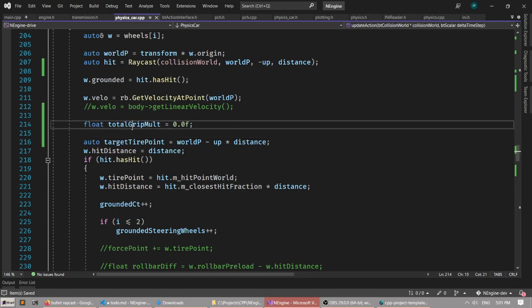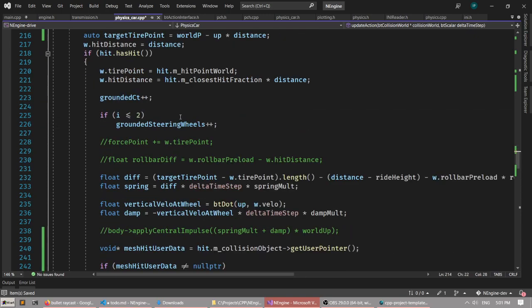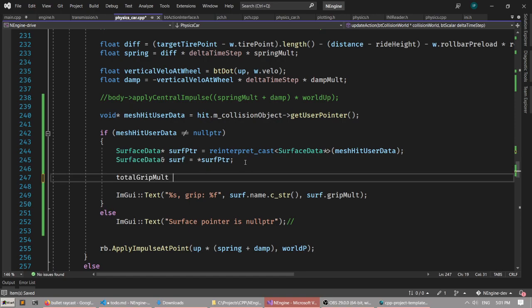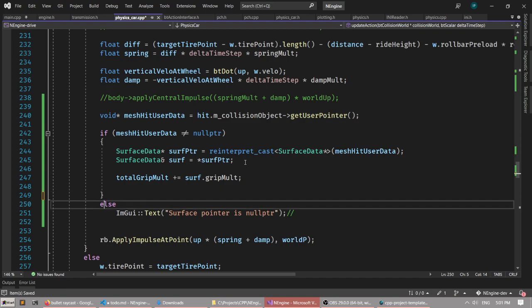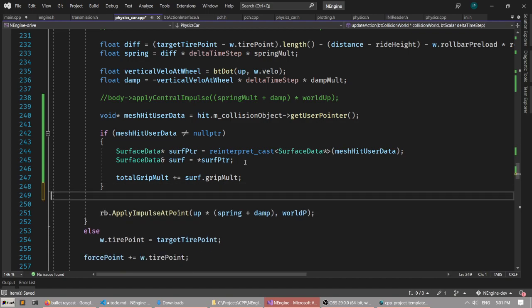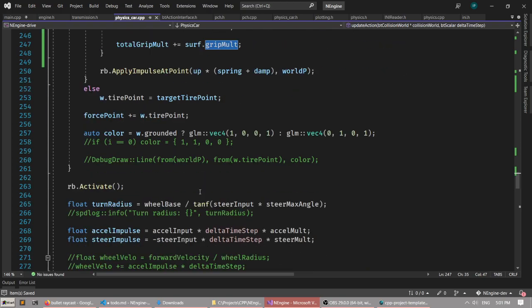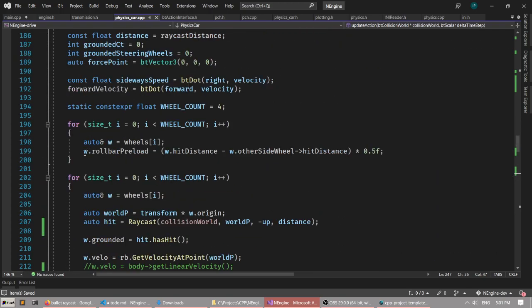And this total grip multiplier, I'm gonna add. So if it has user data, I'm gonna add surface grip multiplier. Right, I'm not gonna do GUI, of course. So if it has no pointer, do nothing. I'm gonna add grip, and at the end,